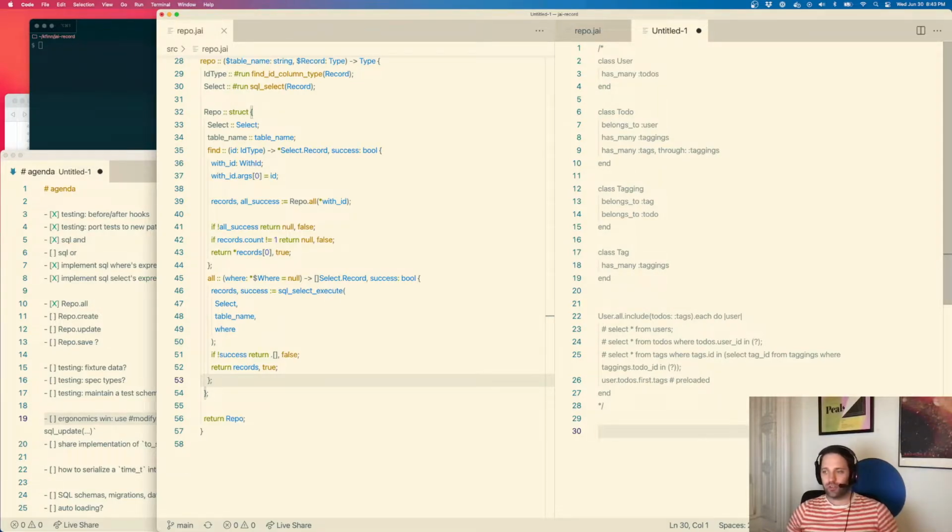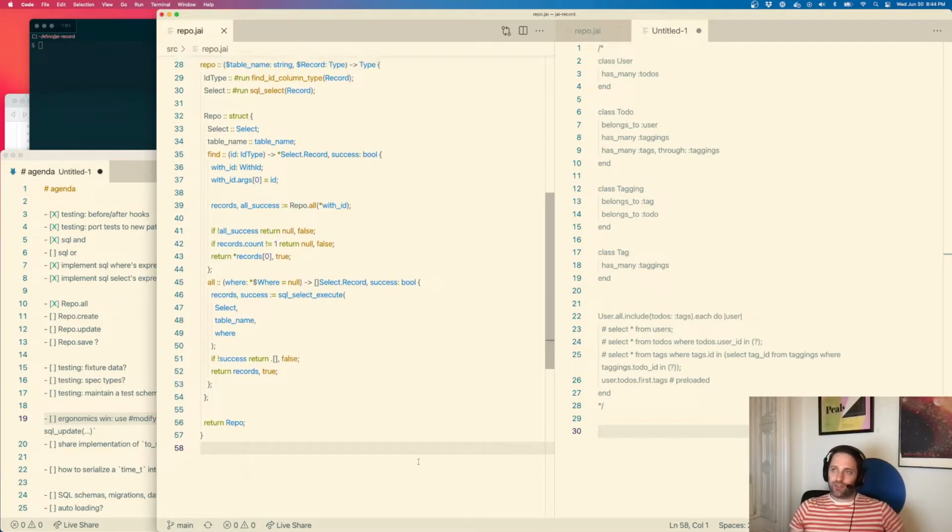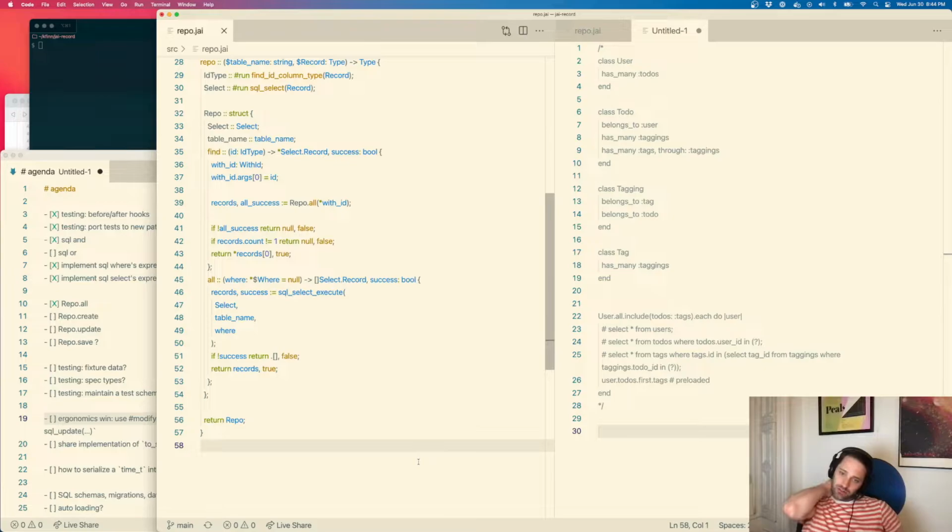It doesn't seem to really go with the, that seems like a fight. That's not very procedural though. This is a real procedural language. You know? Is this repo aware of associations? I don't know. Maybe